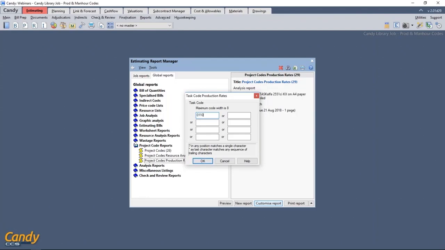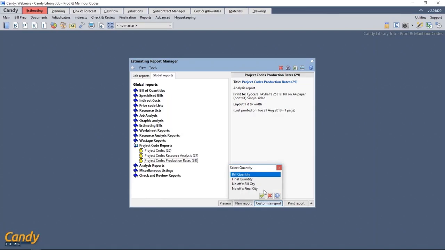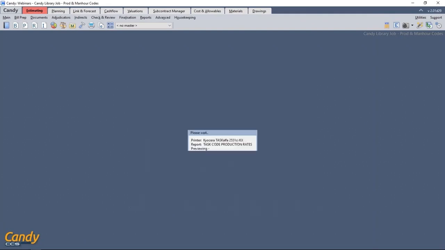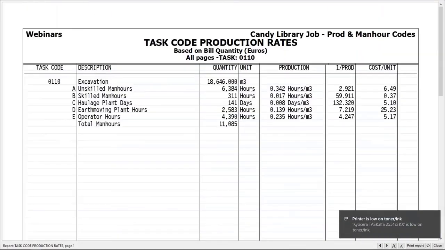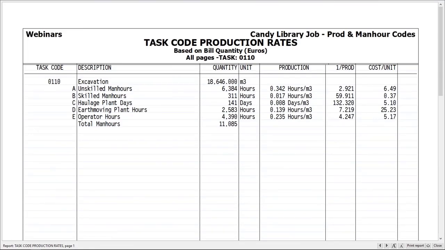And I'm going to type in my task code 0110, which is for excavation task. Click on OK. Selection of quantity, it's bill quantity. Preview. In this report, task codes or project codes 0110 for excavation, the quantity is